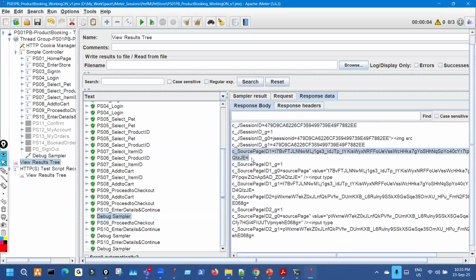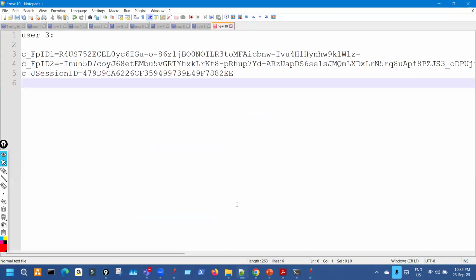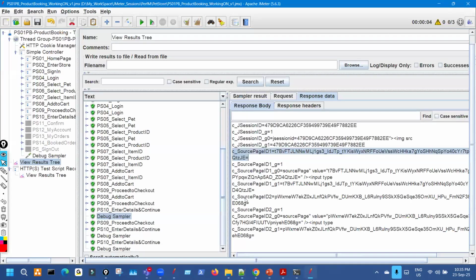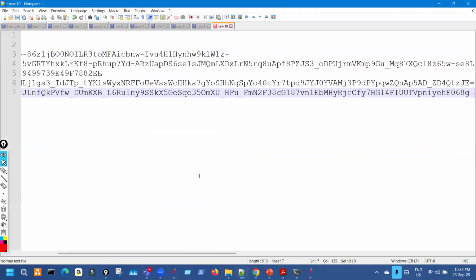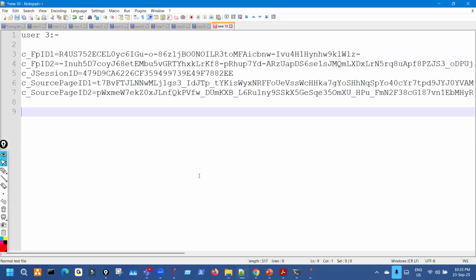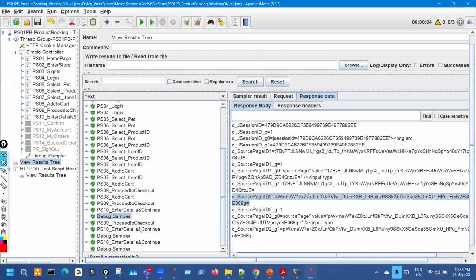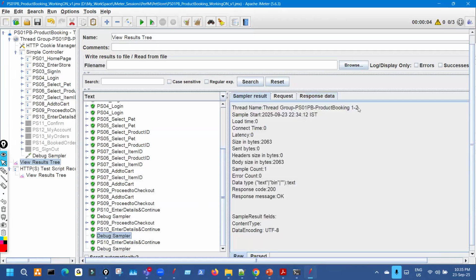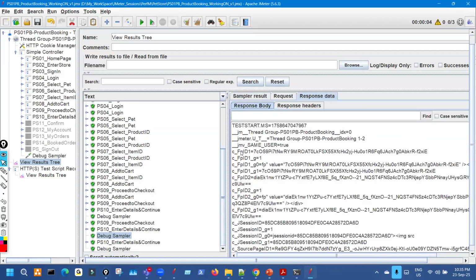FPID 1, FPID 2. So this is for user 3. Okay. Then the same next debug sampler is here. So this is for which user you can pick. So again for user 2 also, what is FPID 1,